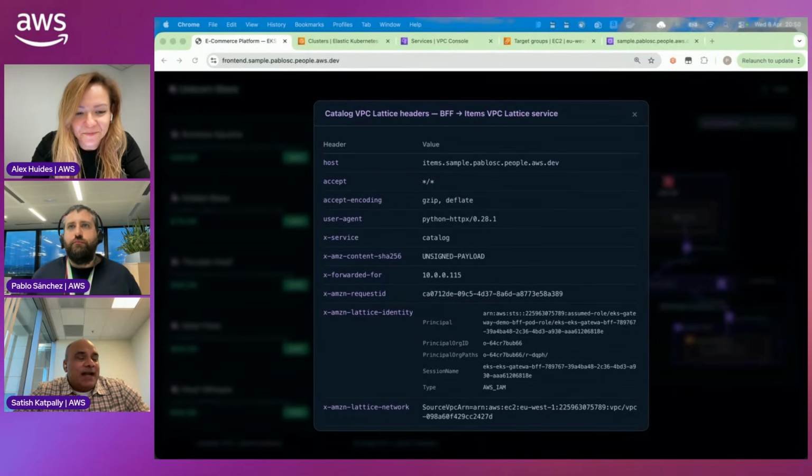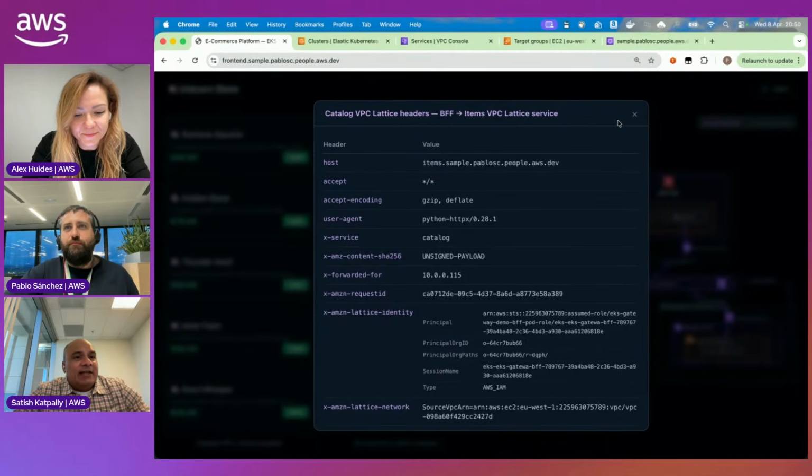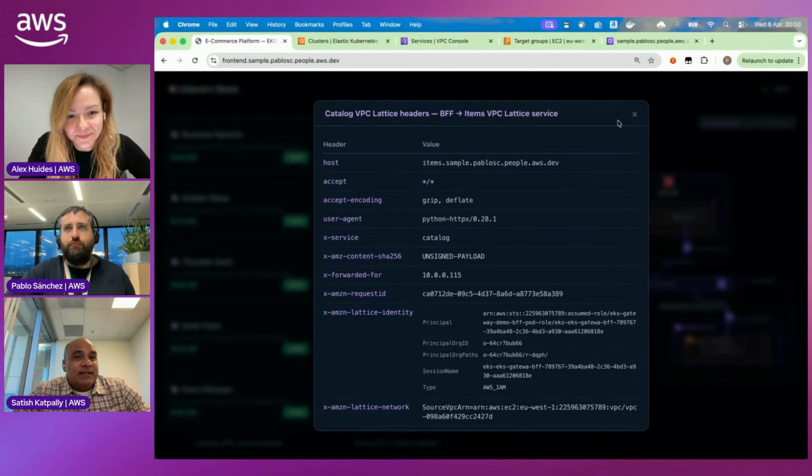So when Lattice authenticates a service, you can be assured that your Ingress service that is terminating the ALB is the one that's talking to the backend, and nobody else can. That way you can lock that backend service down. In Lattice, we're looking at both the auth header and the SIGV4 to ensure that it's indeed the Ingress sending it. And then in the backend, we send it directly to the pods.